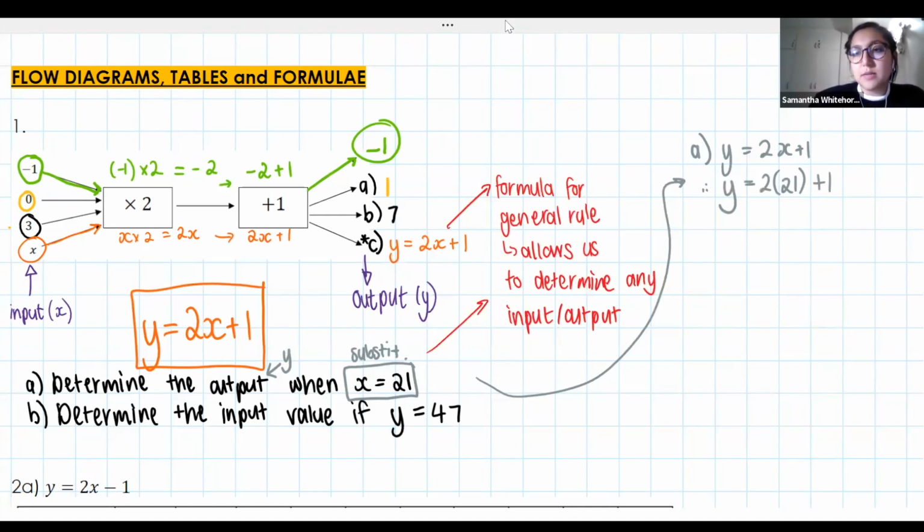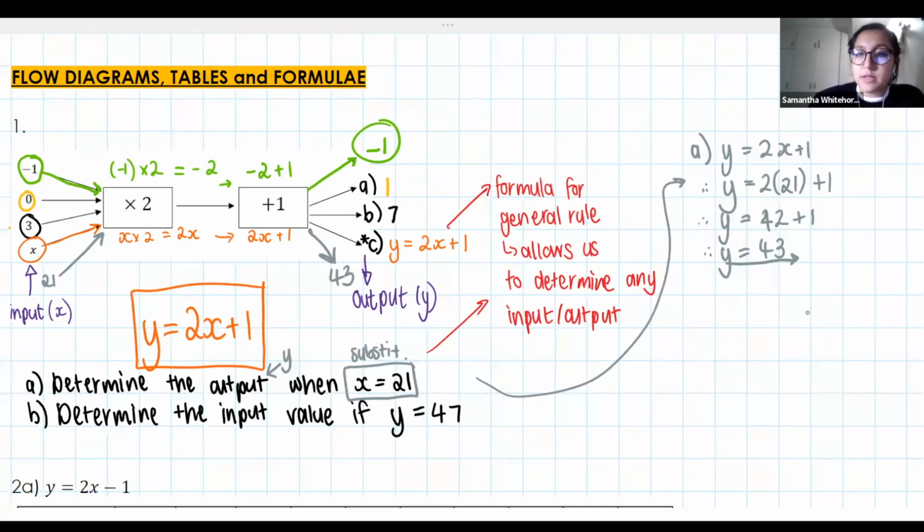So I've got 2 times 21 plus 1. 2 times 21 is 42 plus 1. And so what we get is that we've got an output of 43. If I take this number 21 and I put it into my machine, I'm going to get an output of 43. Okay, so again, we have been given our input, we can go and work